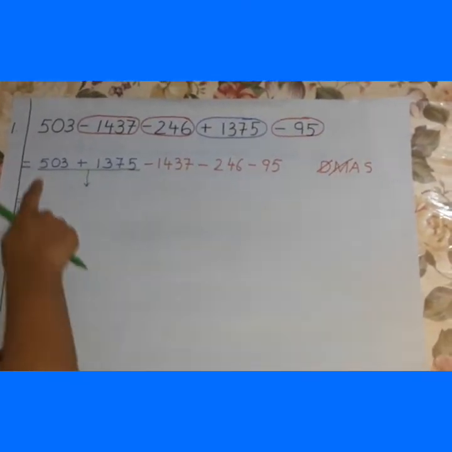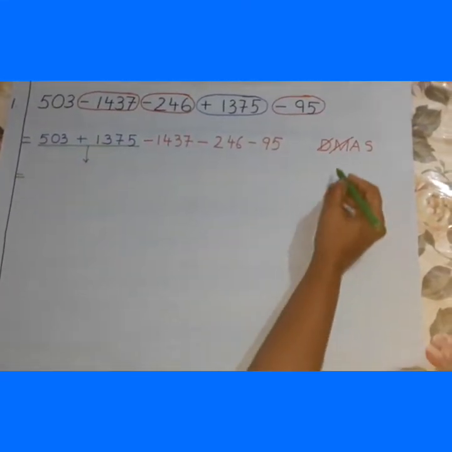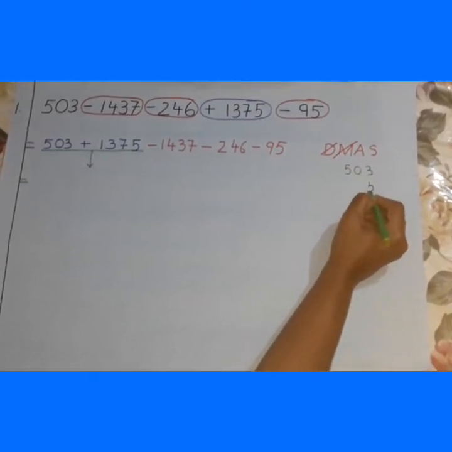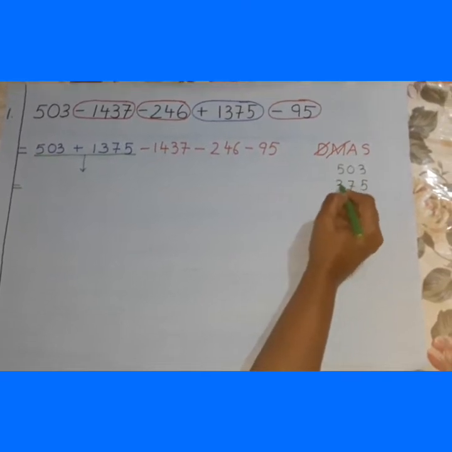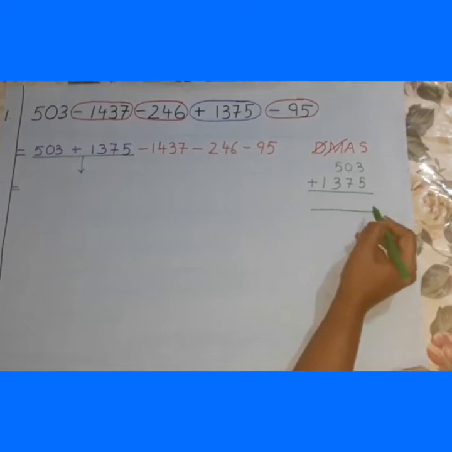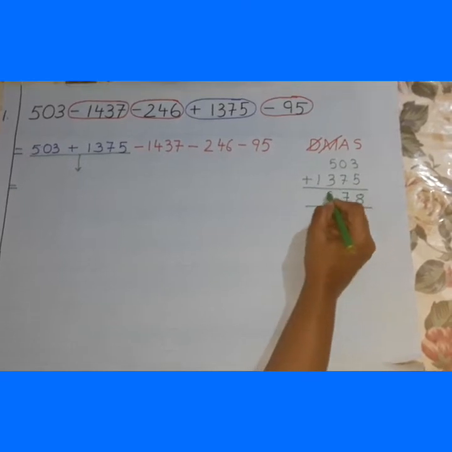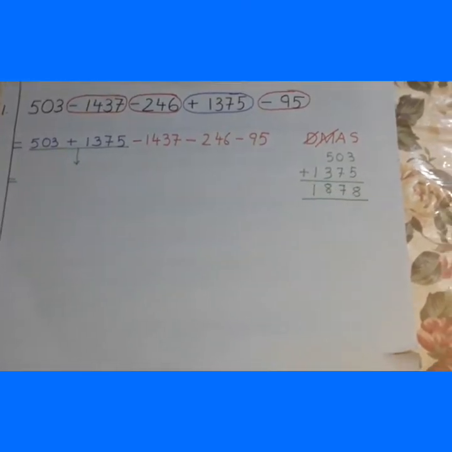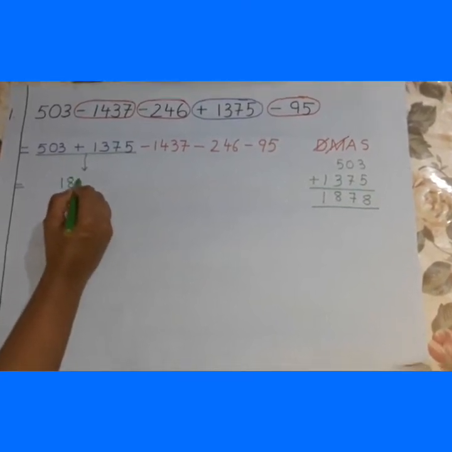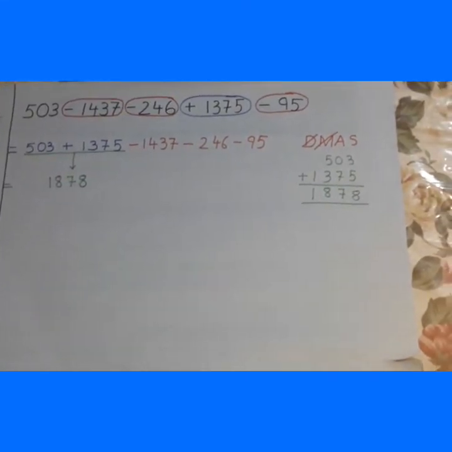If you are finding it difficult to add this way, you can definitely do the rough work. Just see. 503, then 5731. We are going to add it up. 5 plus 3, how much? 8. 7 plus 0, 7. 5 plus 3, 8. And then 1. Am I right? So, we will take down this answer here. Go step by step. It's very easy. Now, till here, I hope there is no problem.